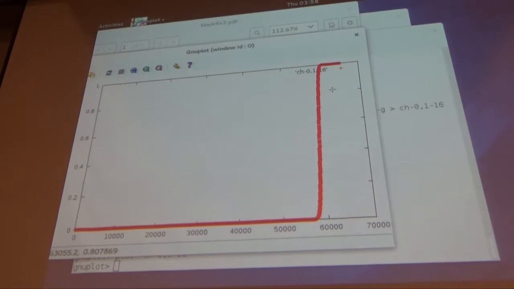So I have 2 to the 16 channels, 65,536 channels. You see, a huge majority of them are... About 90% of these channels are very good. About 10% of them are very bad. And then there is some transitionary number of channels which are still mediocre. They haven't become fully good or fully bad yet.